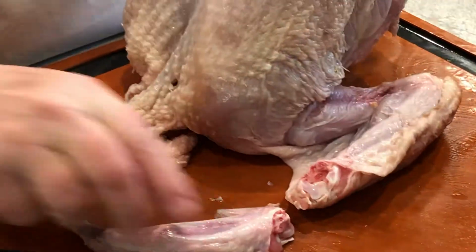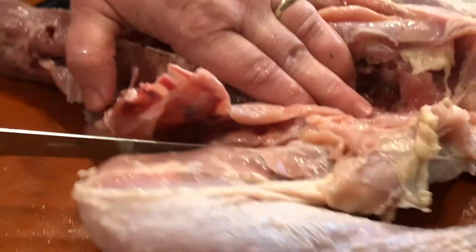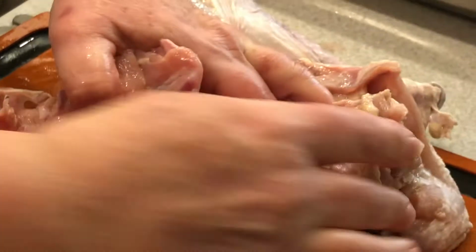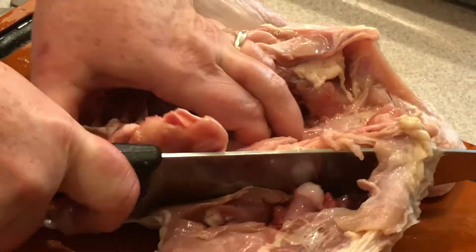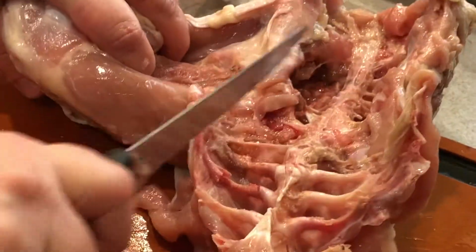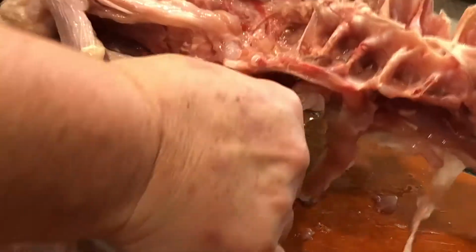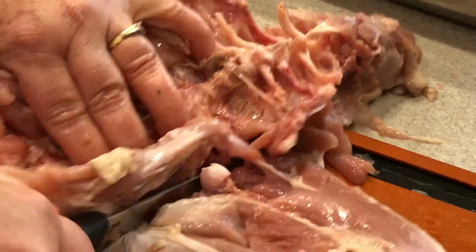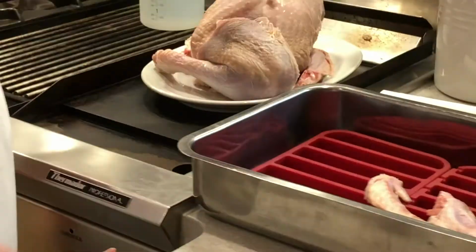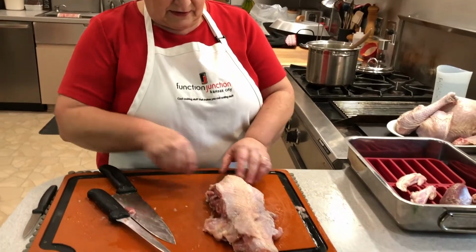Right through the joint. Now move back to separating leg and thigh from the back. It's easier once you remove the back from the breast. Look for that nice clean slice. So now I have the back, the neck, and this little part,